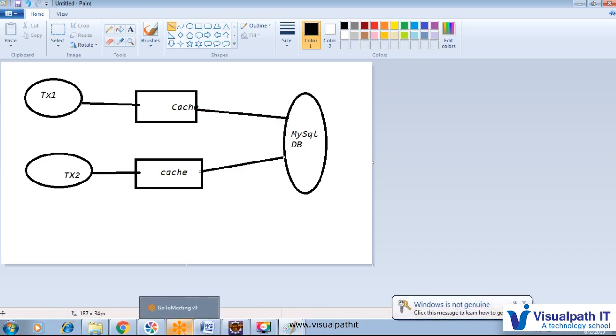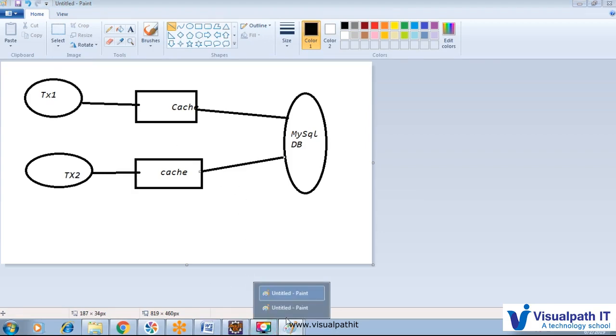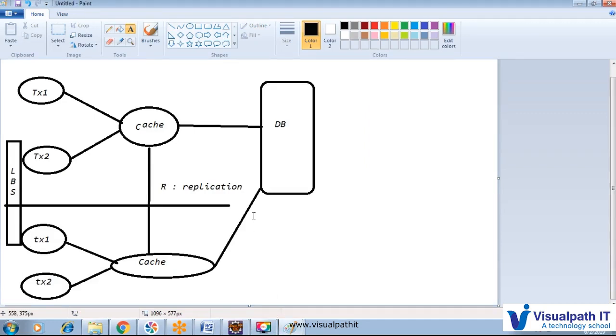The next cache is called the process scope cache. An example of a transactional scope cache is the session cache, and by default it is enabled and we cannot disable it as long as the transaction runs. Up to that time the cache is available for access. The next kind of cache is the process scope cache, and that we have to enable. The Hibernate runtime system does not provide any default functionality to enable it.